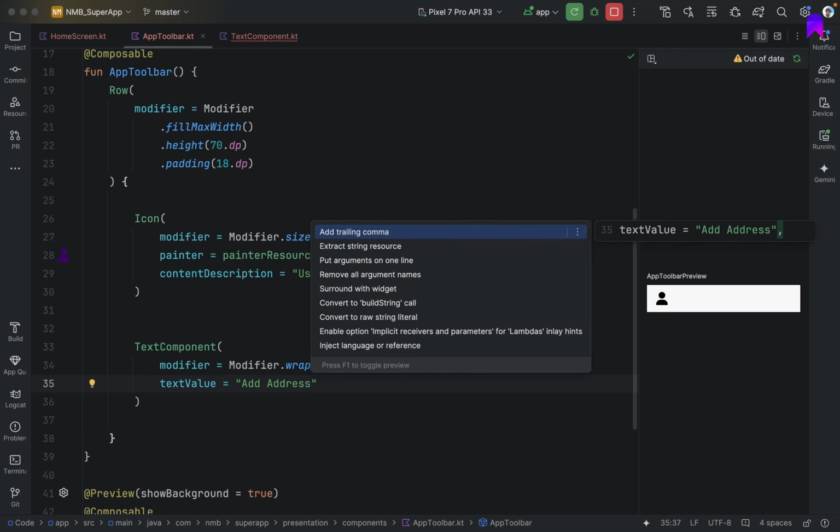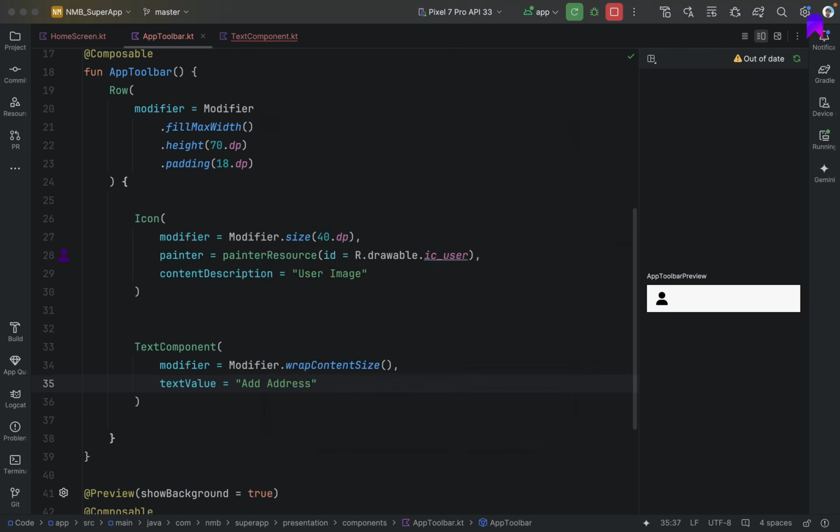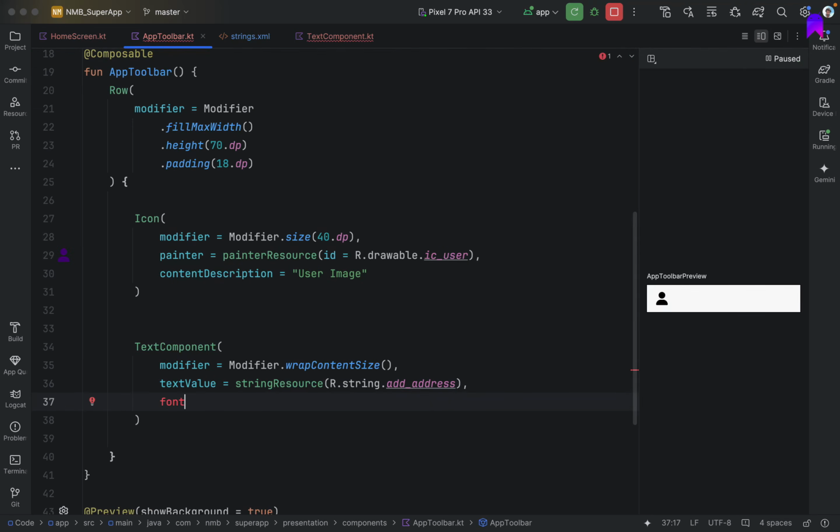address. We can extract this inside one string resource. Our string resource is ready, and we can also pass font size value. So for this we can pass, let's say 16 sp. Okay, and let's refresh our app toolbar preview, so it should come up. Okay, so 16 sp is very less, I think, so we can pass 20 sp here,